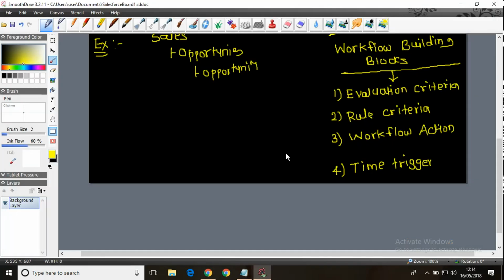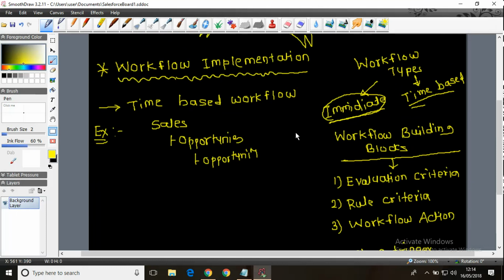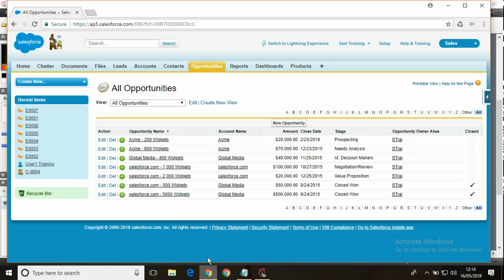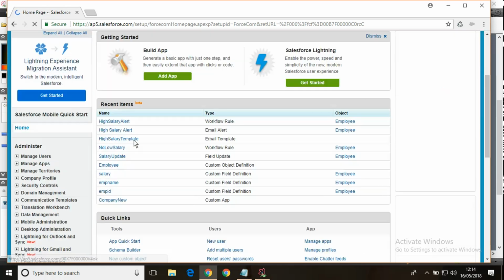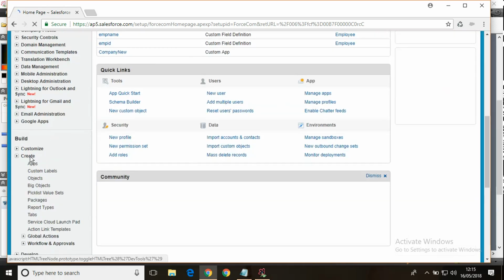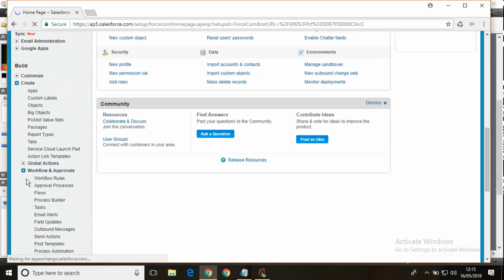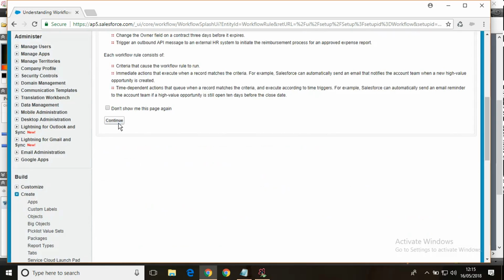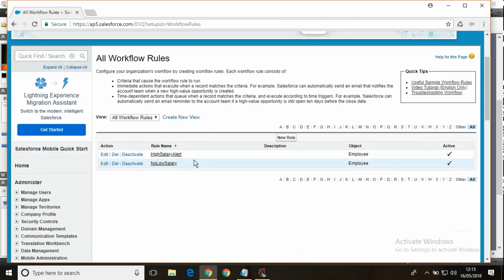Let us see how exactly we will implement that. Now let us define the workflow on opportunity. Let us go to Setup and go to Create, Workflow, and Workflow Rules. I will define the object first on which the rule will be created.